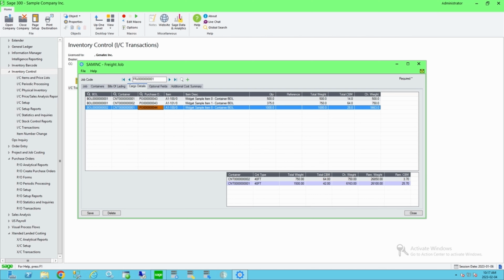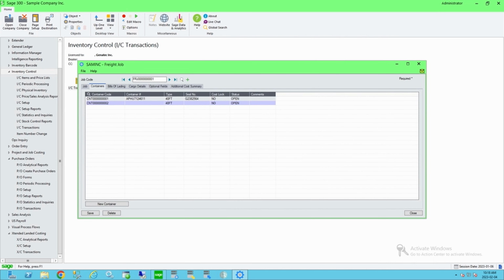Now we have the purchase order detail lines that we expect to have, in this case, 2 containers. We have the option to relate bill of ladings to each PO line. Again, if you do not have bill of ladings, but most probably you have bill of ladings, this is where we could connect all those dots. We also see at the bottom to summarize how the containers are filled. So we have a nice visibility to know that we're not exceeding our limits. To go back to the individual containers and bill of ladings, this is where we've established that there are going